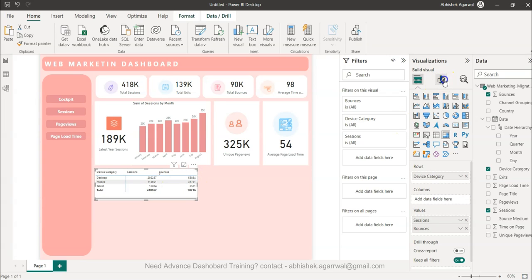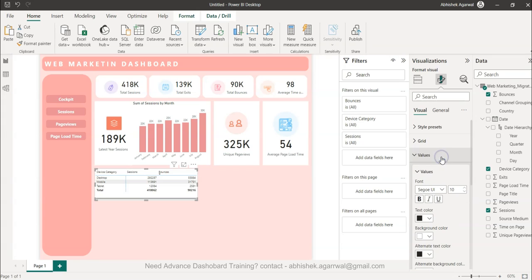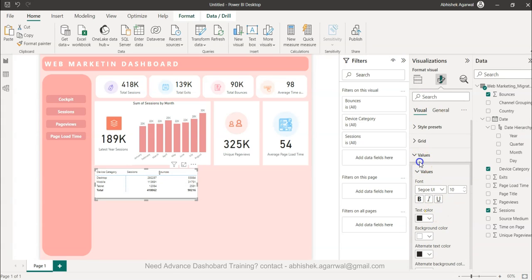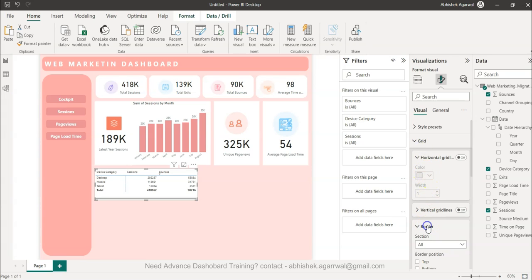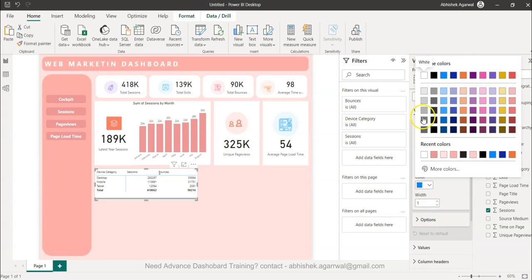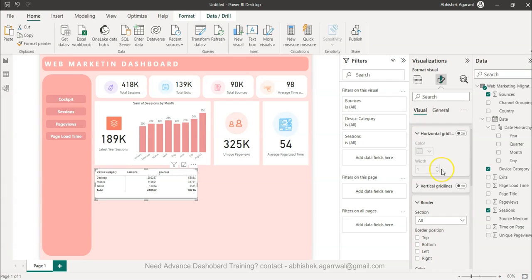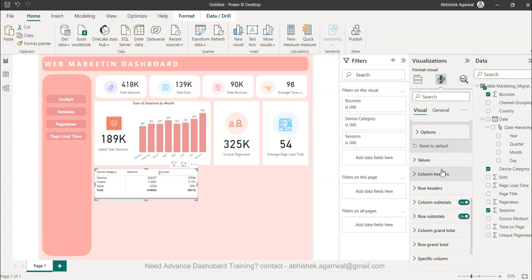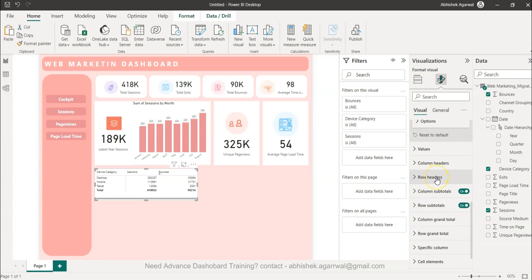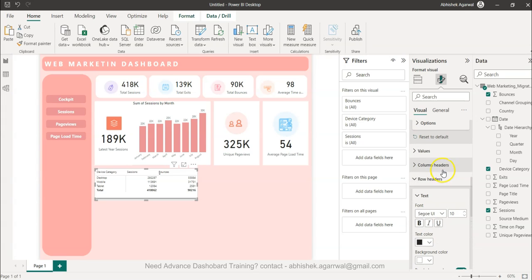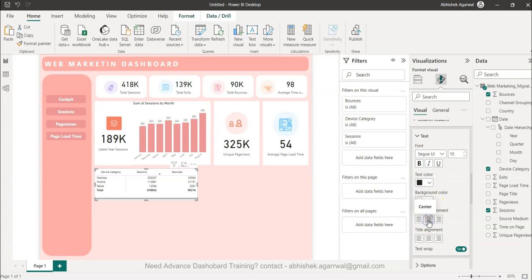Right? The only thing which I will do next is the values are present, right? And we don't want alternate color. Also, in the grid, we don't need blue line, but I think gray is okay, right? And then once we have all of that, the row headers, I can probably make it central. Okay, left is fine, but I guess column header is what I wanted to choose, so I can make it center,